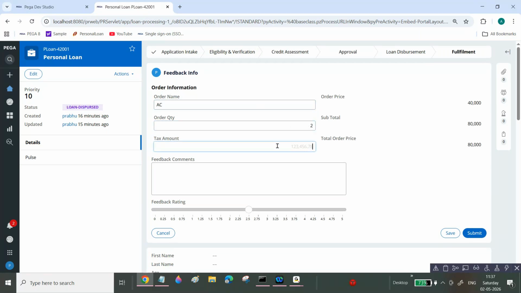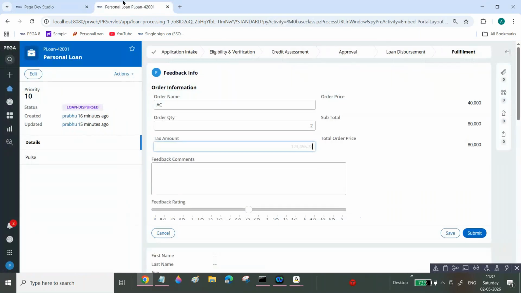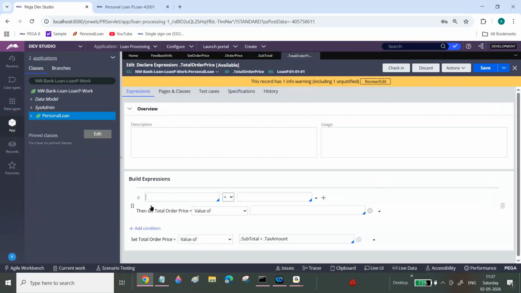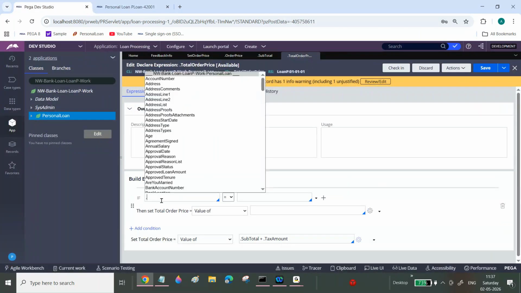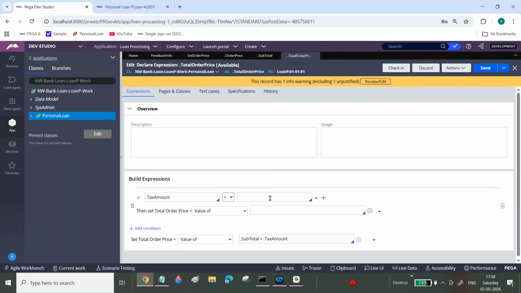Sir, here you can see, without entering the tax amount, it is calculating. Sir, I don't want to do it like that. First we will enter this one, then it should calculate a value. Without tax amount, I don't want to calculate. So when the tax amount is equal to null,